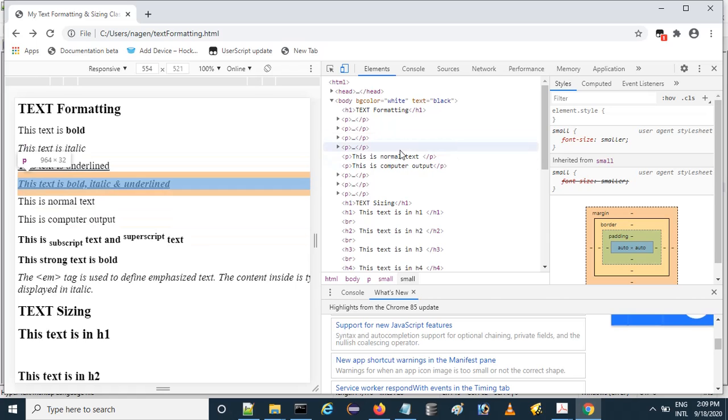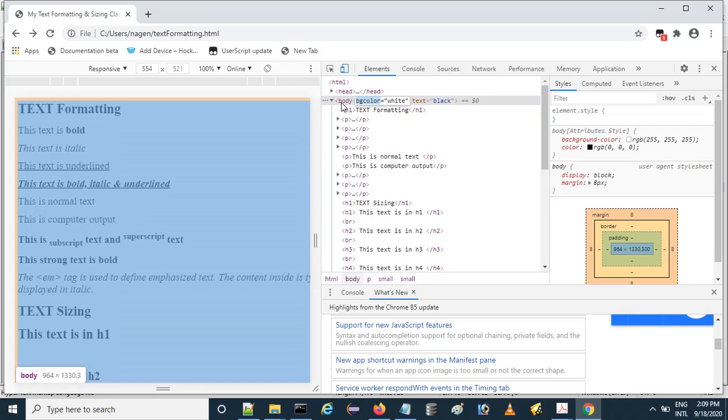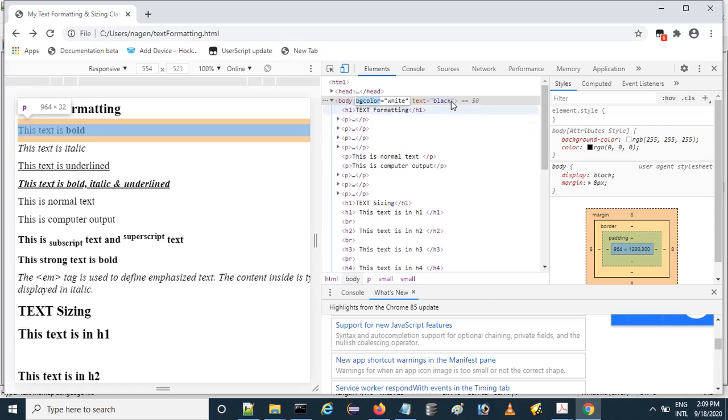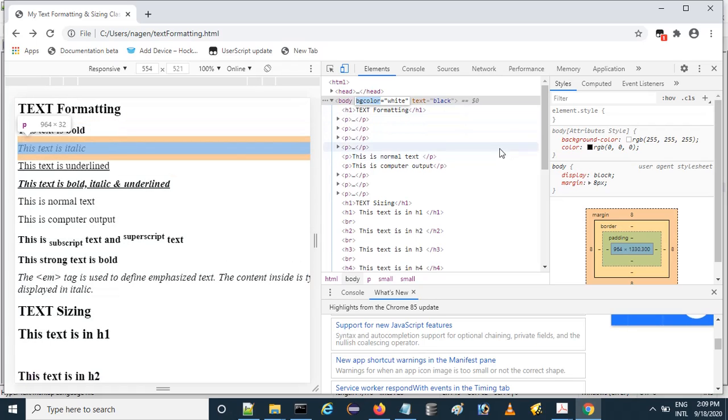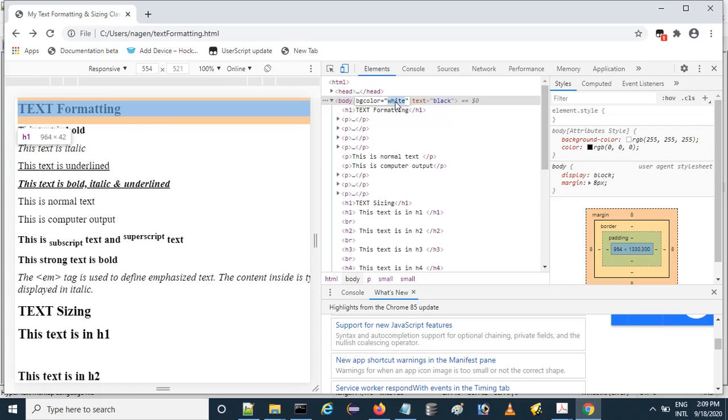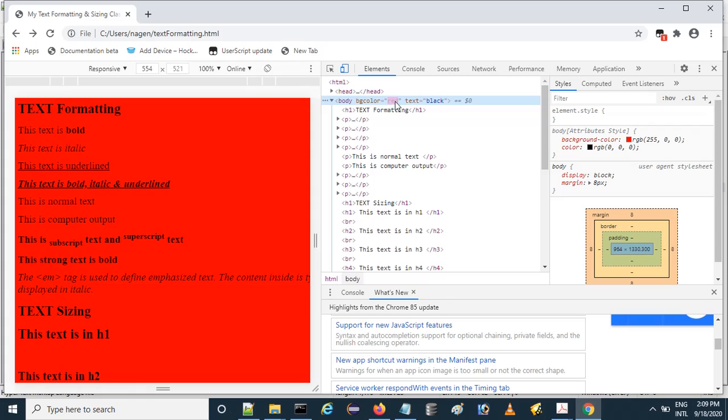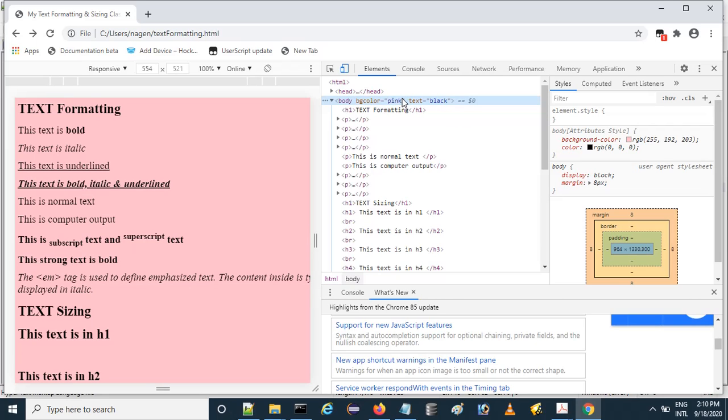Okay, and there is something called BG color for the body. There are 2 things which you have to experiment. So the BG color is white, I have given. For example, if I change it to red, you can see that the whole thing is red. There are so many colors that you can change. But whatever I like, I will just change and show you. So magenta, okay, and pink and blue. Let's make it blue.